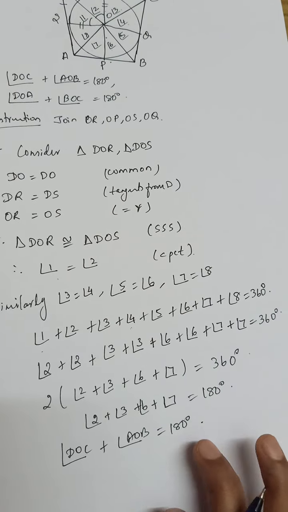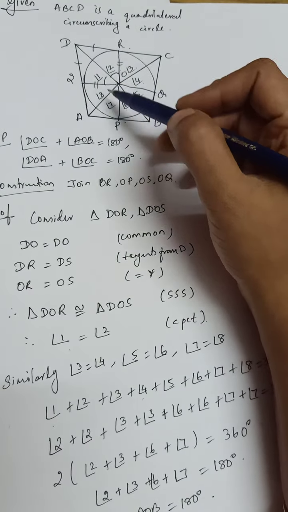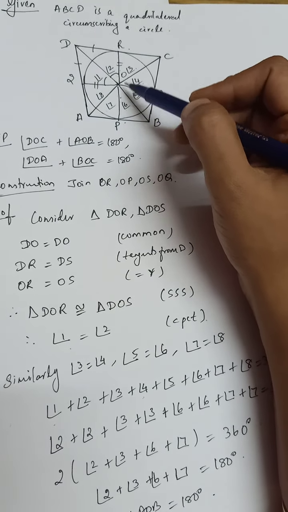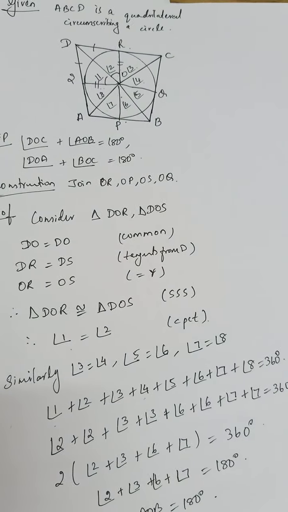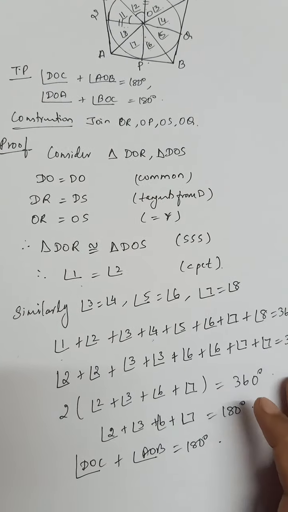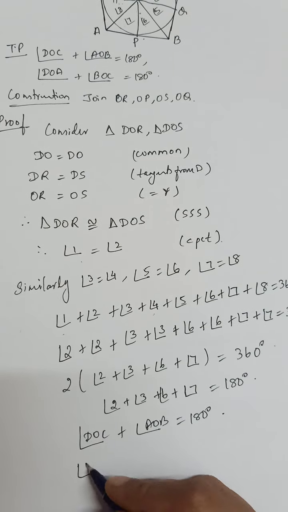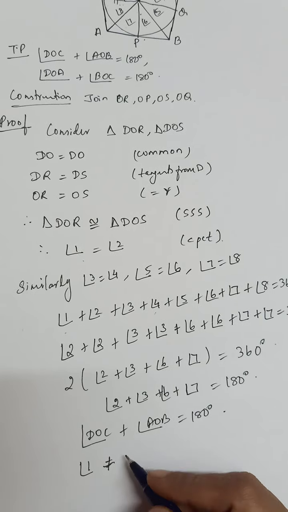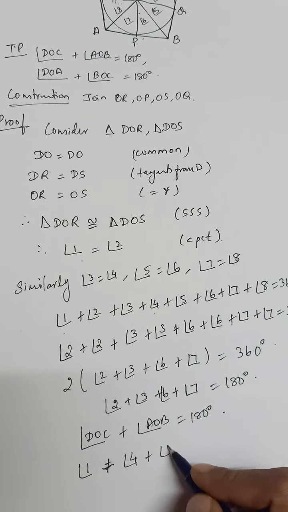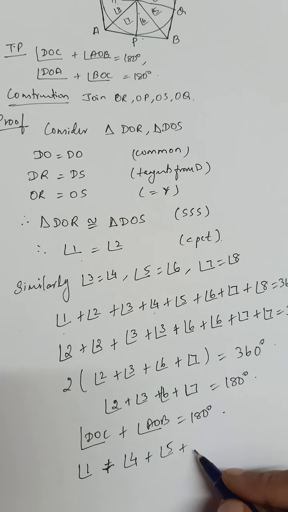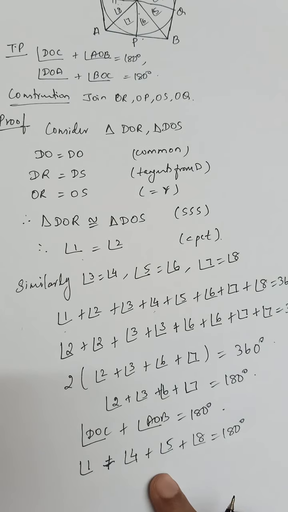You can write similarly, or you can write the sum of all the angles will be 360 degrees. Out of that we take these two. These two are 180. So the remaining should also be 180 only. If you are very particular, you can write one more step. Instead of 2 we can write angle 1, and plus instead of 3 you can write 4, plus instead of 6, 5, instead of 7, 8, equal to 180 degrees. From this we are getting this equation.